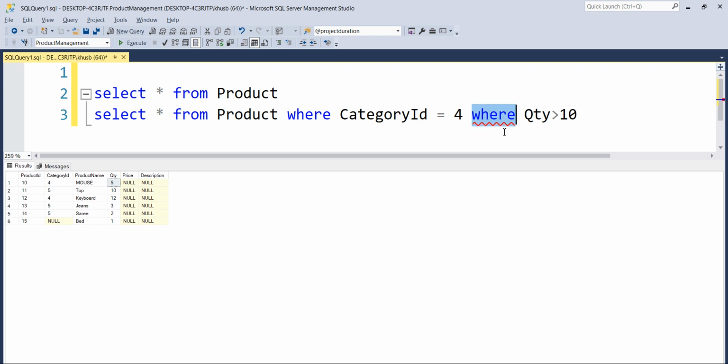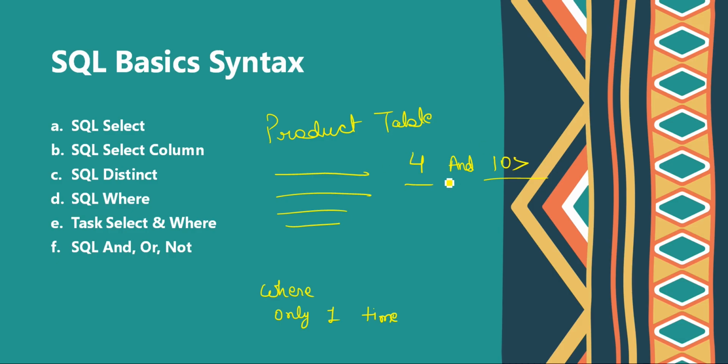So what else do I need to apply here? I have used category ID 4 and greater than 10, right? I want only those products which have category ID 4 and quantity must be greater than 10.